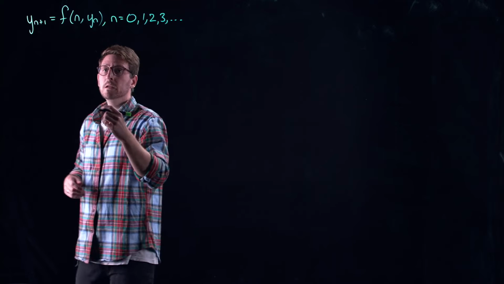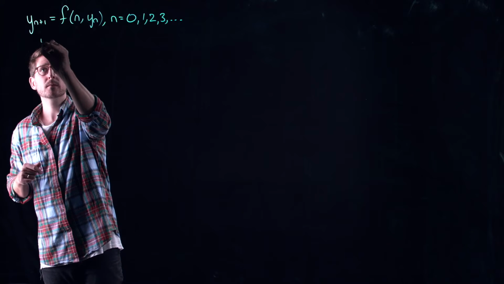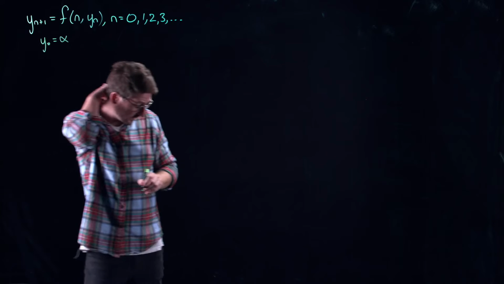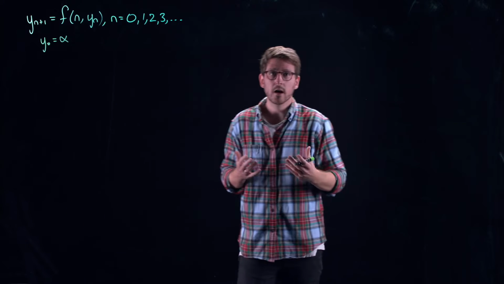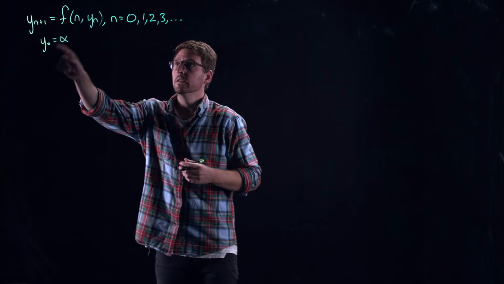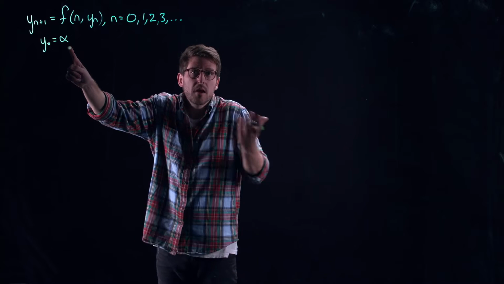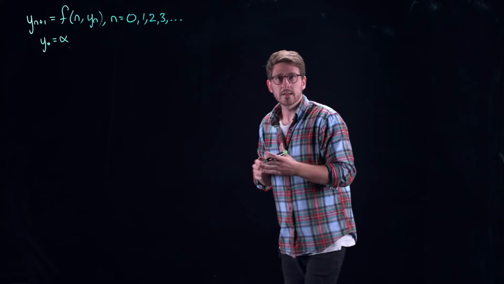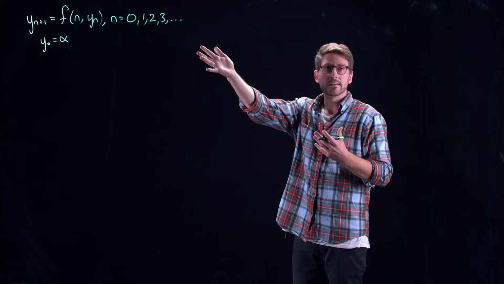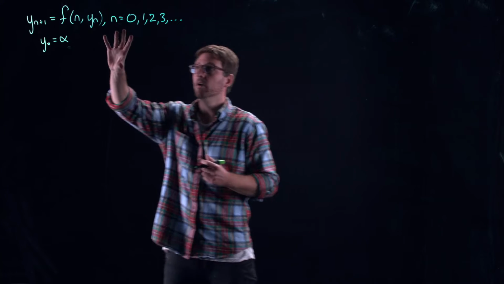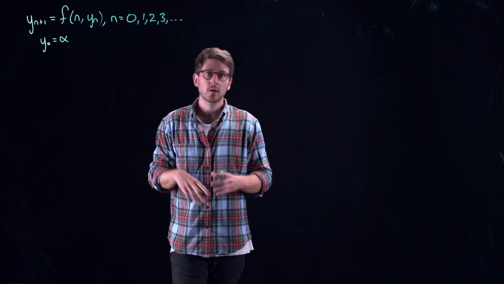Now, typically, just like an initial value problem, this thing will come with some initial condition. So I call it y naught. That is the n equal to 0 case. It's equal to some alpha, right? So just some number. Doesn't matter what that is. The point is, this is the analog of an initial value problem. So the same thing that I have always written in the top left of this board while we've been going